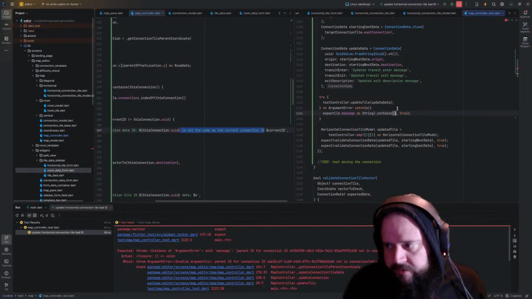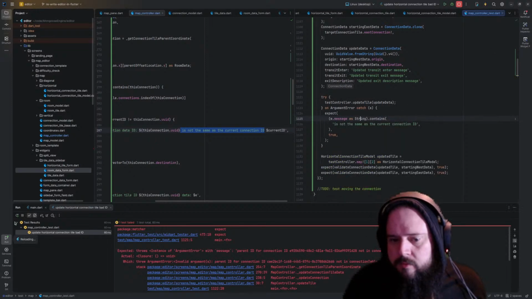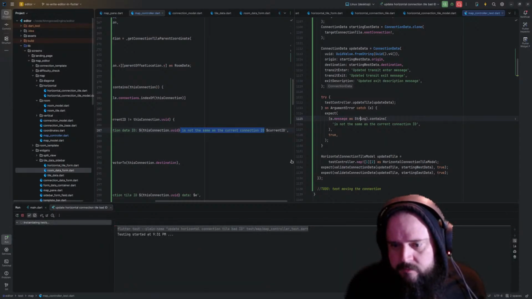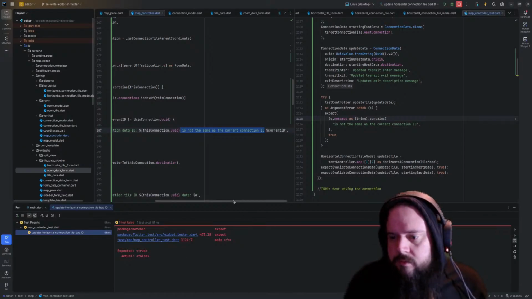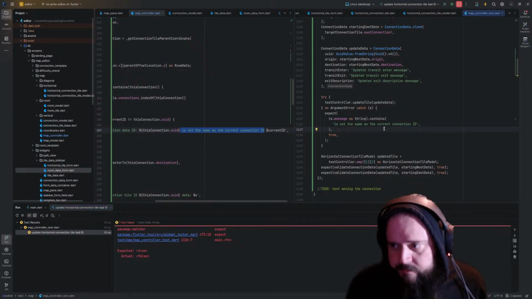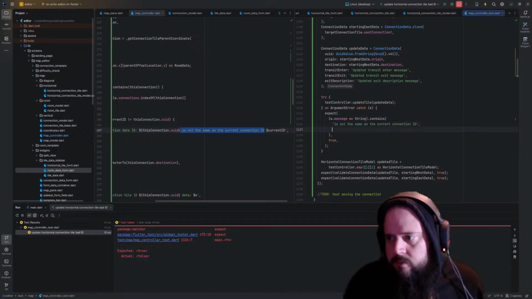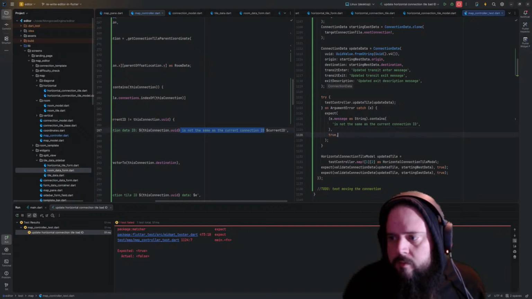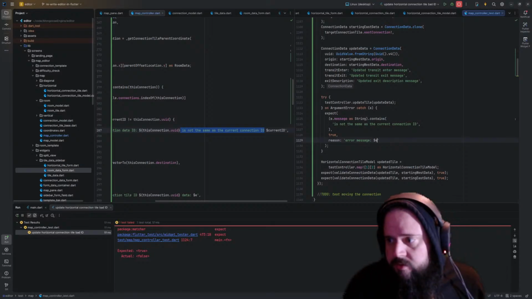I should be able to just use a string for this. Let's find out. This should fail. Okay. Not the best output. We can fix that up, though. Reason is error message